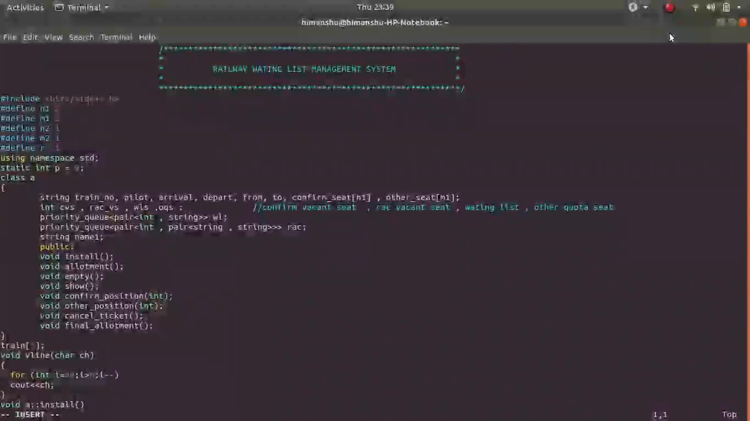Myself Himanshu Singh, roll number 36, and my project is on railway waiting list management system using priority queue. Here I am dividing the sheets into four parts: confirm sheet, other quota sheet, waiting list, RAC list. Here waiting list and RAC list are implemented through priority queue, and other quota sheet is available for only